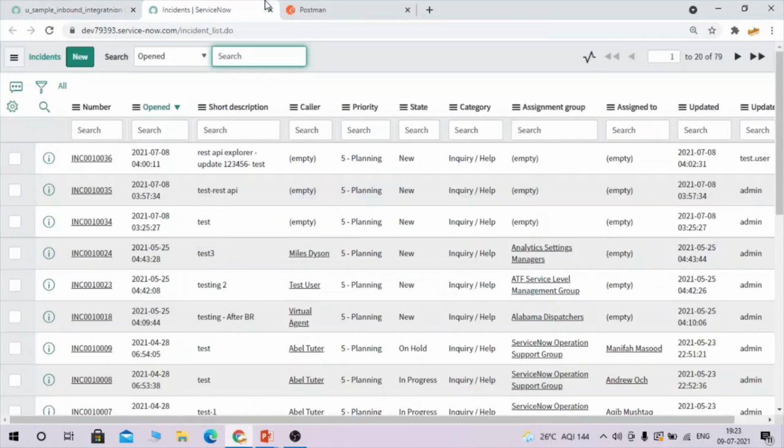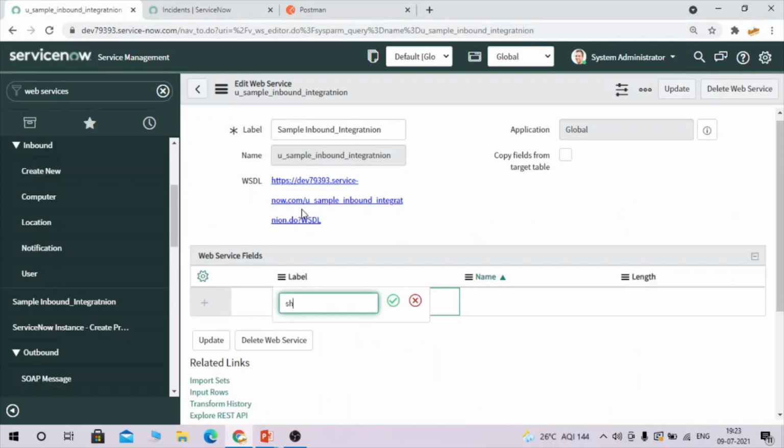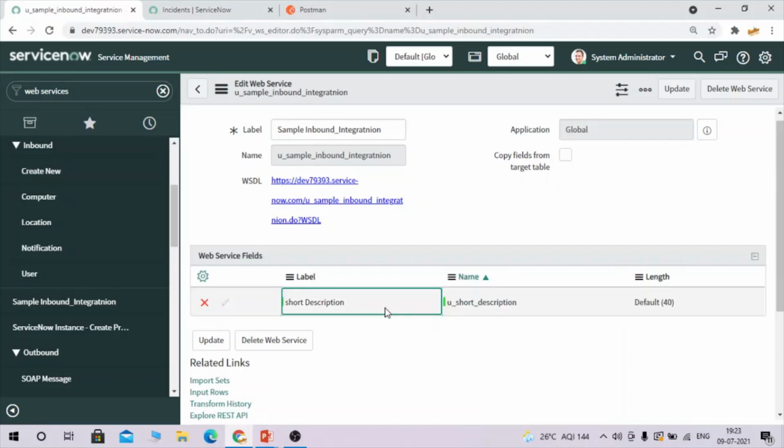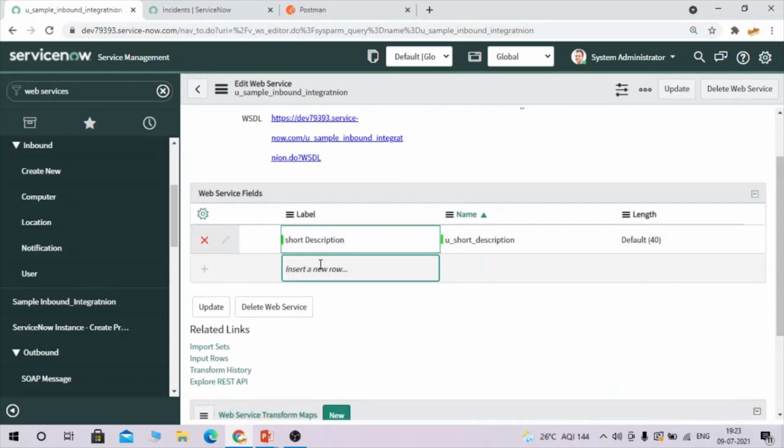Whatever fields you want to update in the incident, you can have them there. So let's select short description. You can select description.